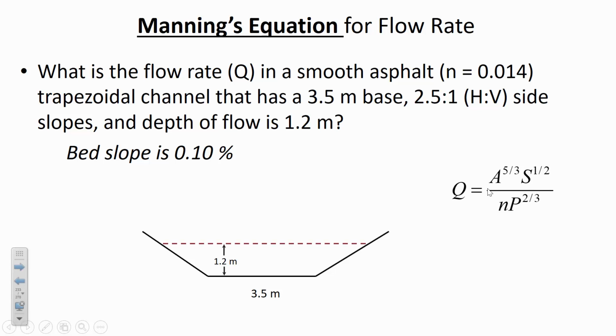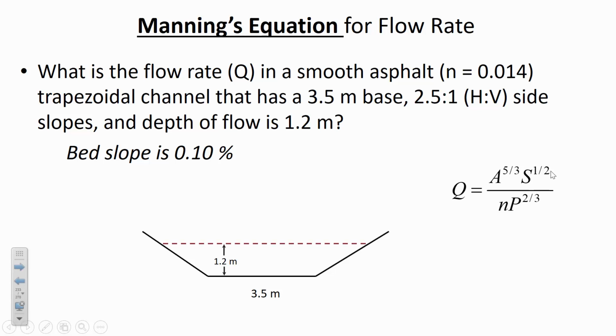So use Manning's equation here with the given n value for smooth asphalt, the given bed slope of 0.001, and find what's the flow rate. Remember, this is the formulation for traditional units. If this was BG units, then there'd be the 1.49 in front. But since this is the SI units, it'll give us cubic meters per second on the left side of the